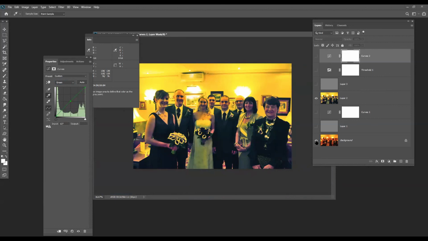Got it? It has removed the red cast. Understand, we are talking about casting. You won't bring out actual colors from it because it has a red cast. You can see over here, it has removed the red cast totally.